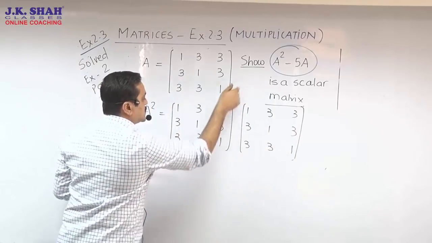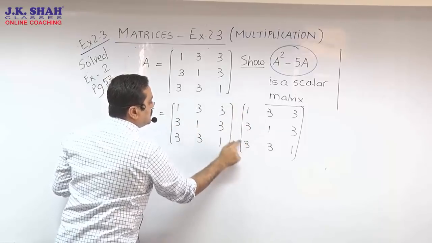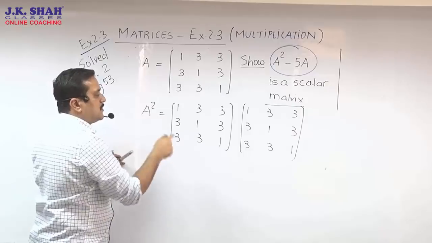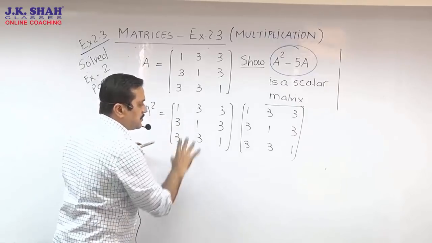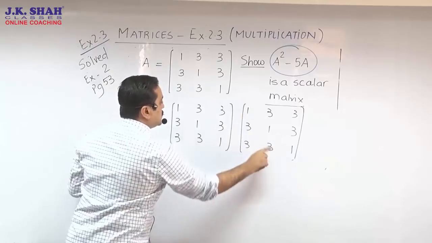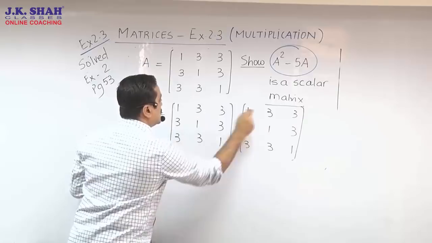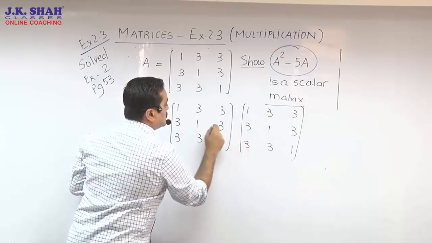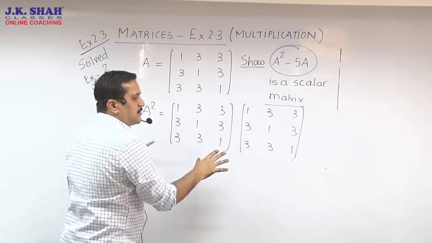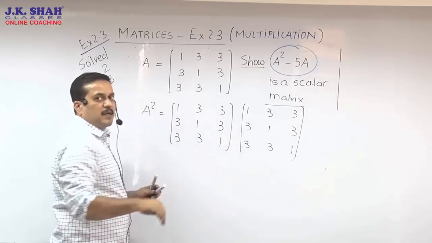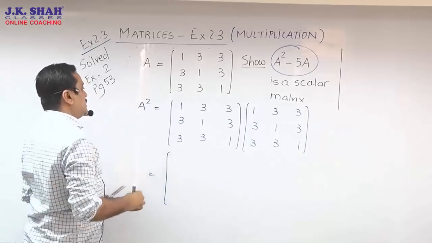Let me give you one more. R2 के साथ, let's go R2 C1. So it's 3 plus 3 plus 9. Your eyes have to be stable on the row and column what you are multiplying. Else you are going to go wrong in many elements. R2 C2, last shot before you all start. R2 C2. So 9 plus 1 plus 9. So now I request you pause the screen, copy the matrix, multiply and then you come back to me. So if you all have solved, let's see क्या आंसर आया होगा.